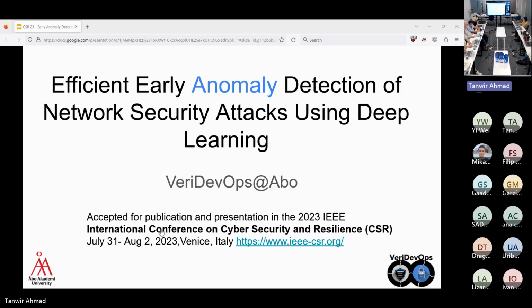And most intrusion detection systems rely on network flows for doing the attack detection. And a network flow is just the